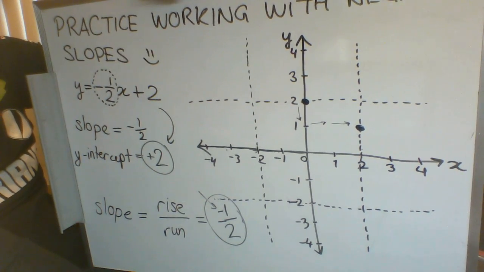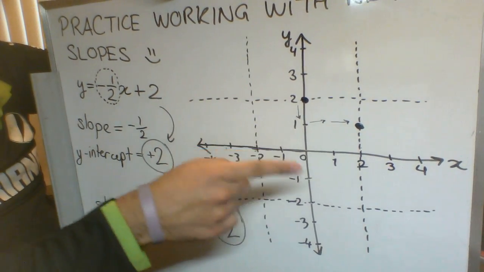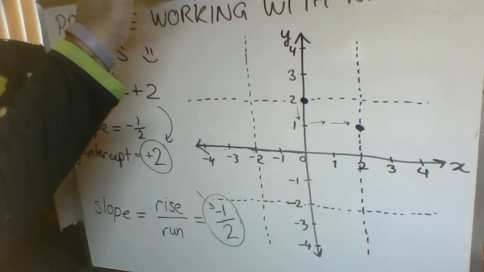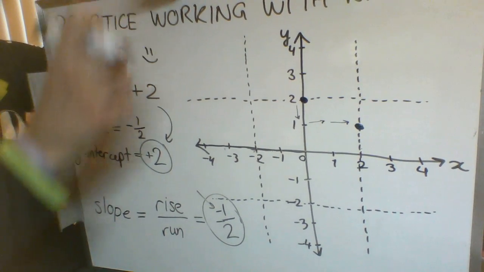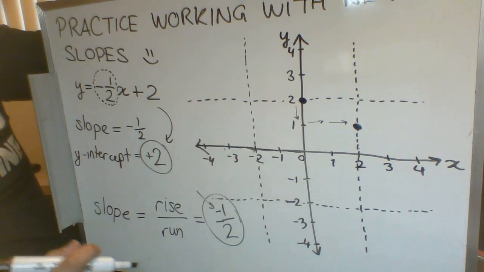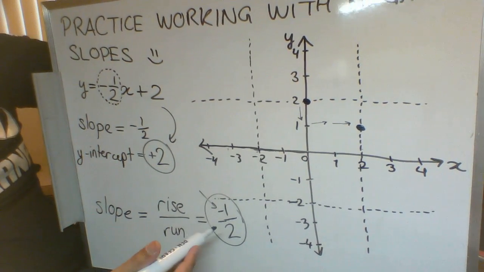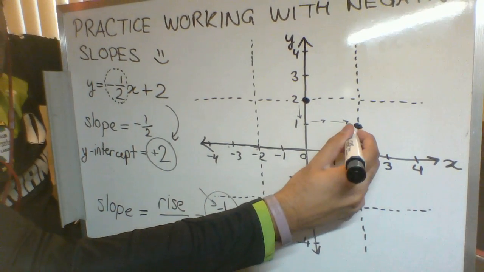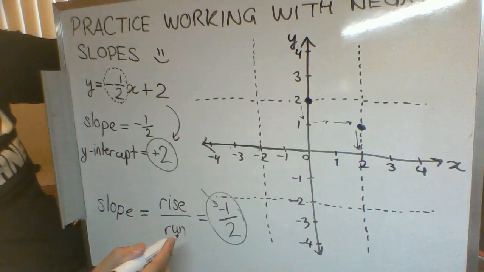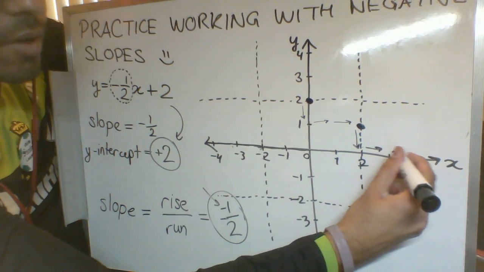So it's always, am I moving up or am I moving down, but there's never any question about whether or not I'm moving to the right. So I always move to the right, and the negative sign tells me if I'm moving up or if I'm moving down. So if we repeat the process, we've got a -1 in the numerator, so that means our rise is -1, so we go down 1 unit, and then our run is 2, so we go over 2 units. 1, 2,